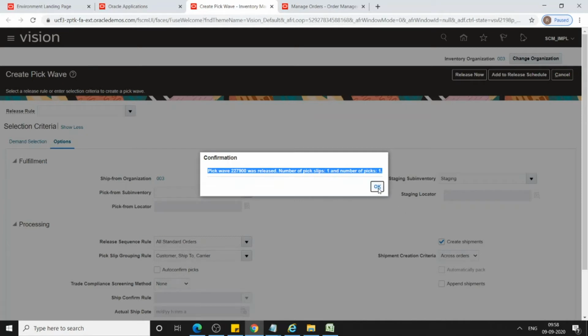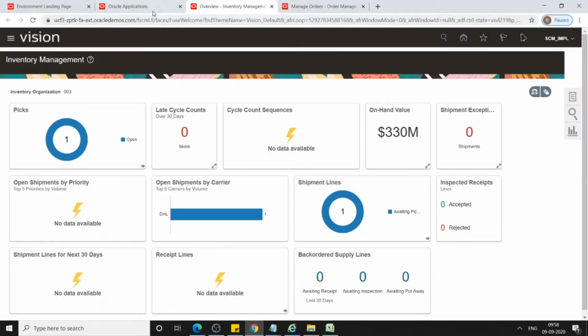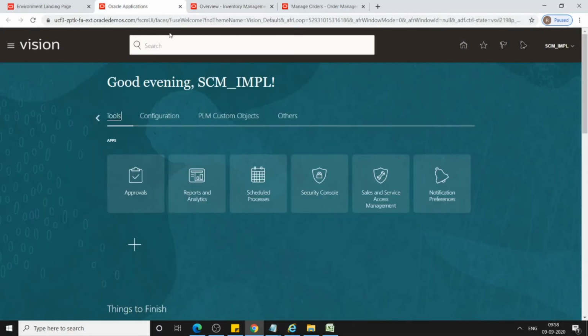Click on OK. Then, as the SCM IMPL user has access to tools, you can see the schedule processes. Click on schedule processes, and we will see whether the pick slip report gets submitted.